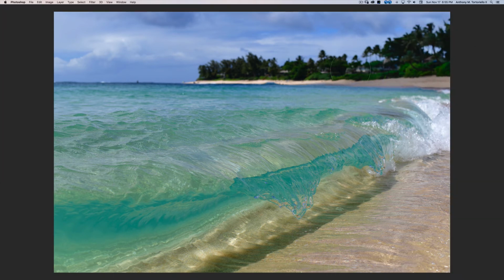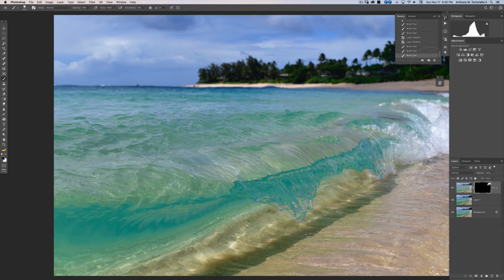Whoop, too much. So I could maybe lower my opacity. No, that's too much right there. So maybe like that. Just a little bit. Again, just to not have it so dark. Okay, like that. So a teeny little adjustment. And then I'm going to collapse those two layers. So this layer, I'm going to bring it down here, and then I'm going to hit Command J again,